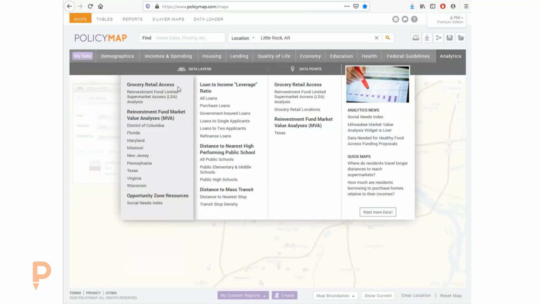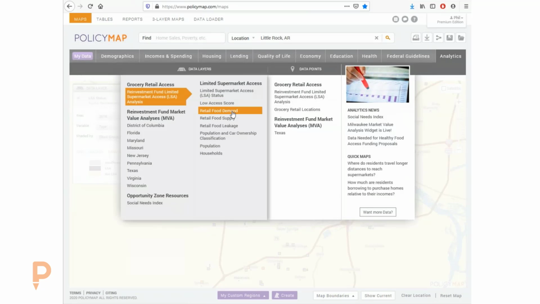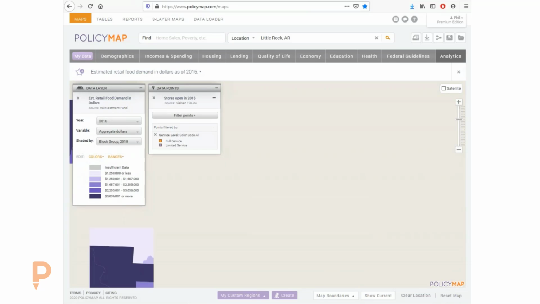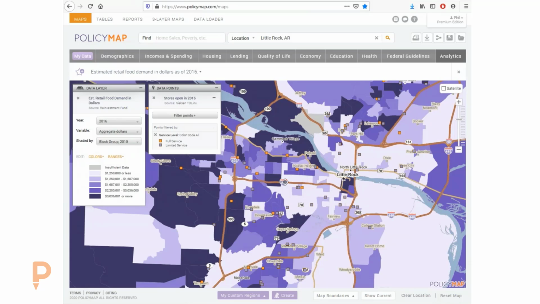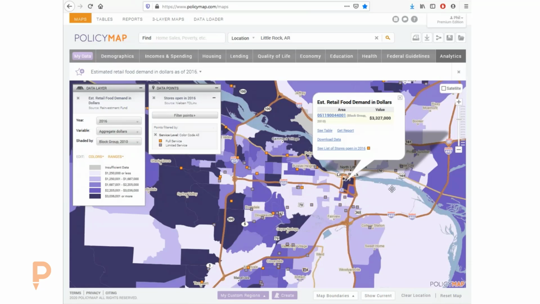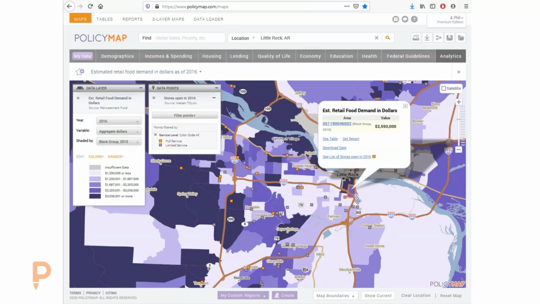The neat thing about the census is that they collected this data set from the Consumer Expenditure Report that basically asked people in the survey how much money they spend on groceries. From that, we're able to make a map from the census and say that the annual amount spent for this particular block group is $3.3 million in that block group alone. And then the adjacent one is $2.5 million and so forth. So there's value in this place right here.